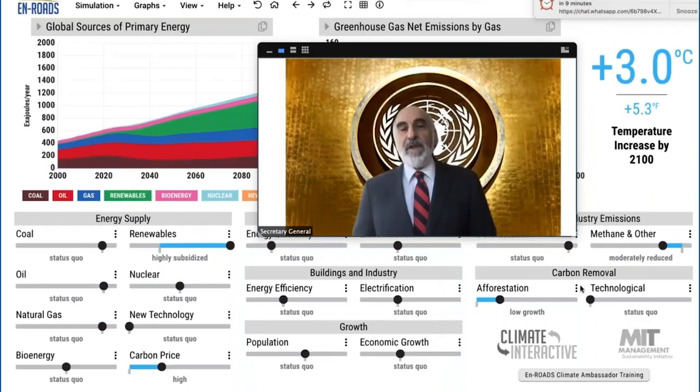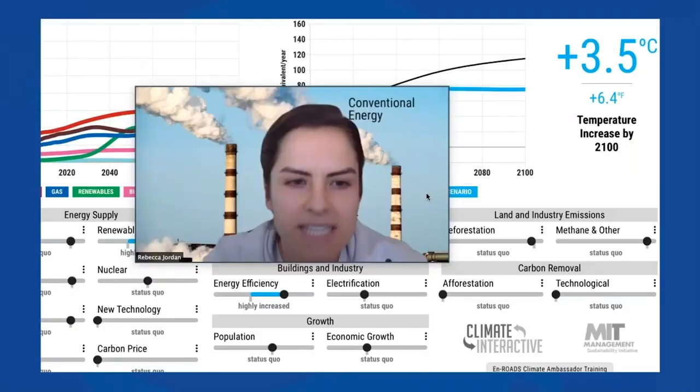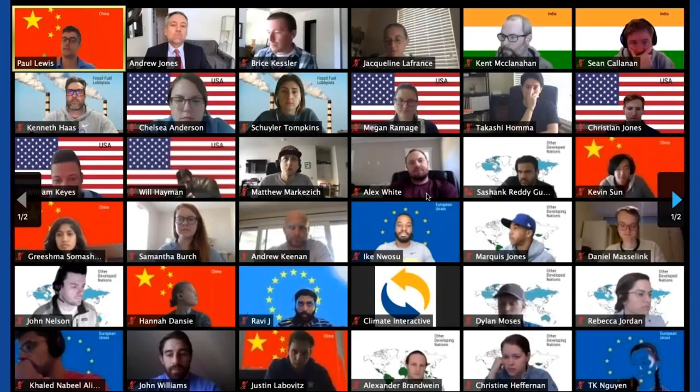Secretary General makes a speech, and then you can imagine what happens is they start debating and negotiating, and we give these backgrounds with the flags of the representative of the groups, and people really get into it, and the drama happens. People get mad at each other in their role, and it really gets people engaged deeply. Remember what I said before, research shows that showing people research doesn't work. So it's really a powerful experience to have people play a role, get into the debate, and see if they can create a scenario well below 2 degrees. The game works really well.